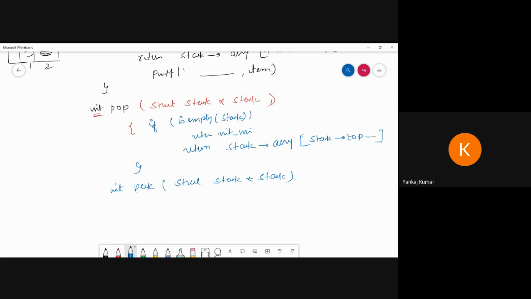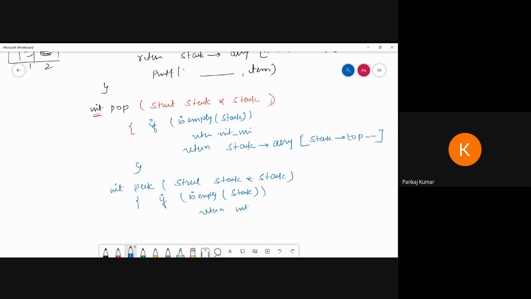So here again we are writing if is empty, same process we have to follow, then return minimum, same process.